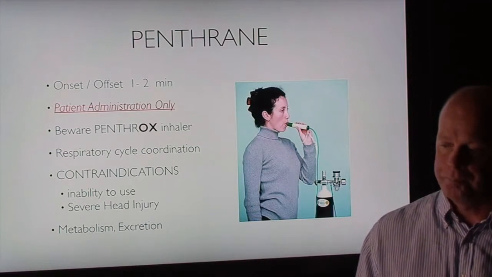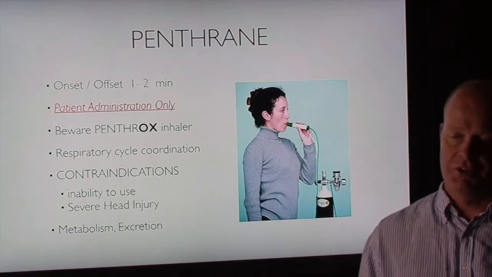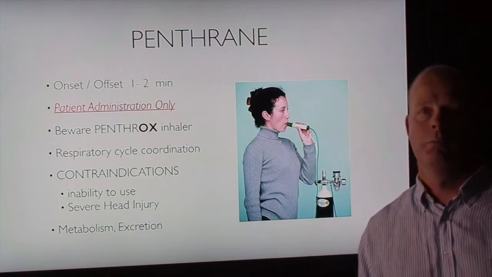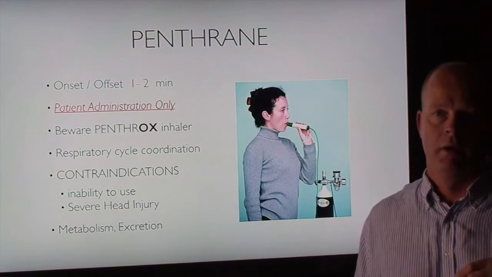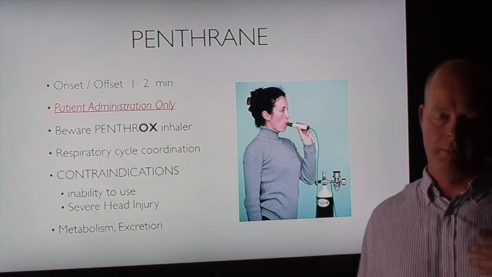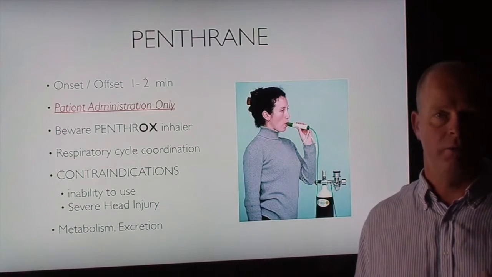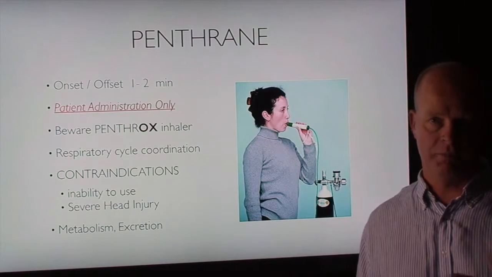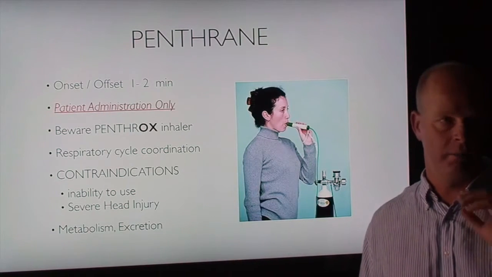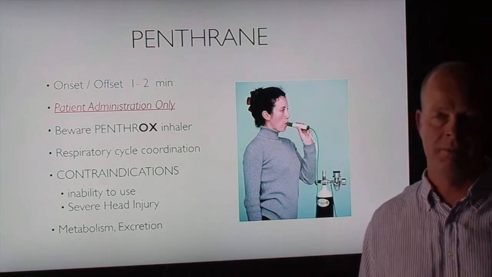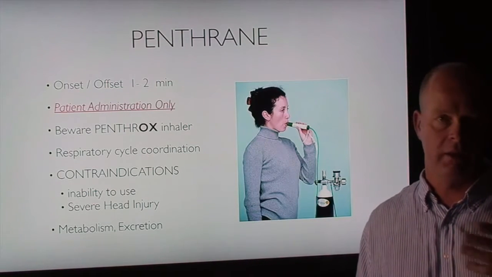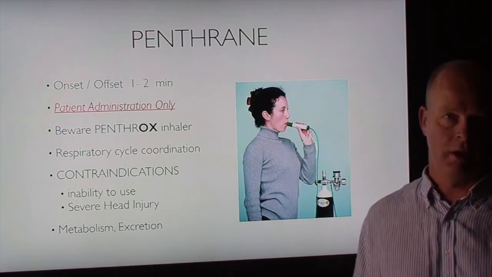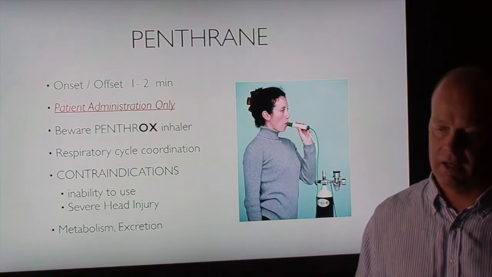Okay. The respiratory cycle coordination is really important. I am at great pains to explain to patients to breathe out, to put it in their mouth, to breathe in through their mouth, hold their breath briefly, and then breathe out through their nose. Again, if they breathe out through their mouth, half of their respiratory cycle is being dedicated to blowing the drug away from them. Right? But if it comes out their nose, they're not interfering with the drug in the inhaler. So in through the mouth, out through the nose, and then I get them using the diluter vent as and if required.